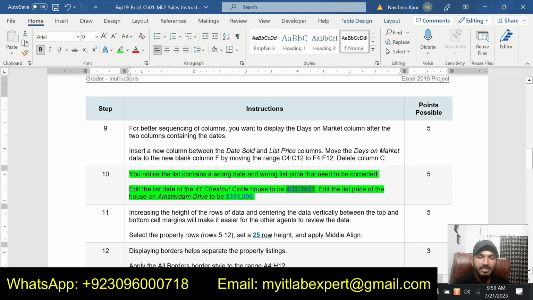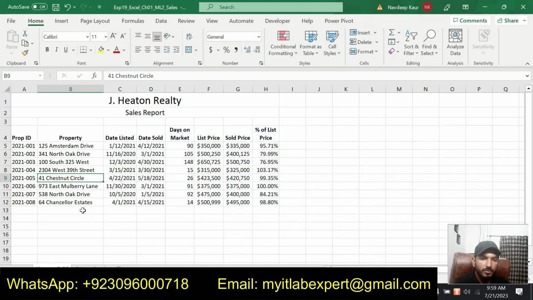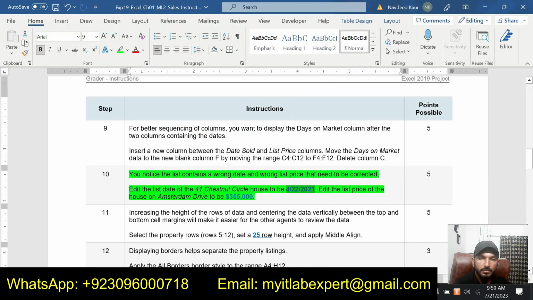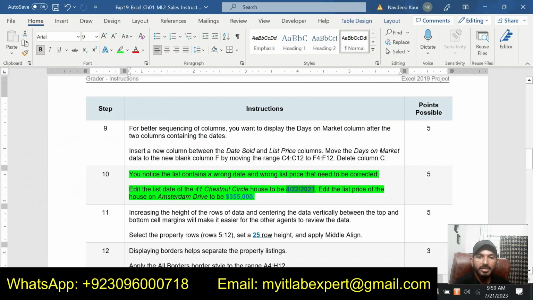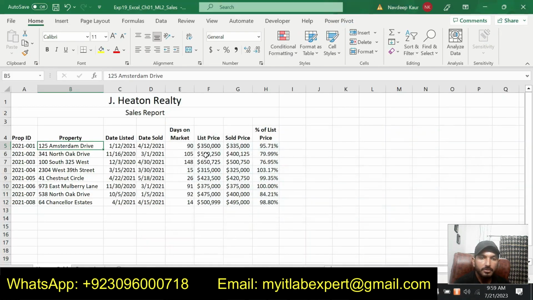Now add the list price of the house on the drive. Let me look for this one. This one. So we are supposed to make the list price 355,000.